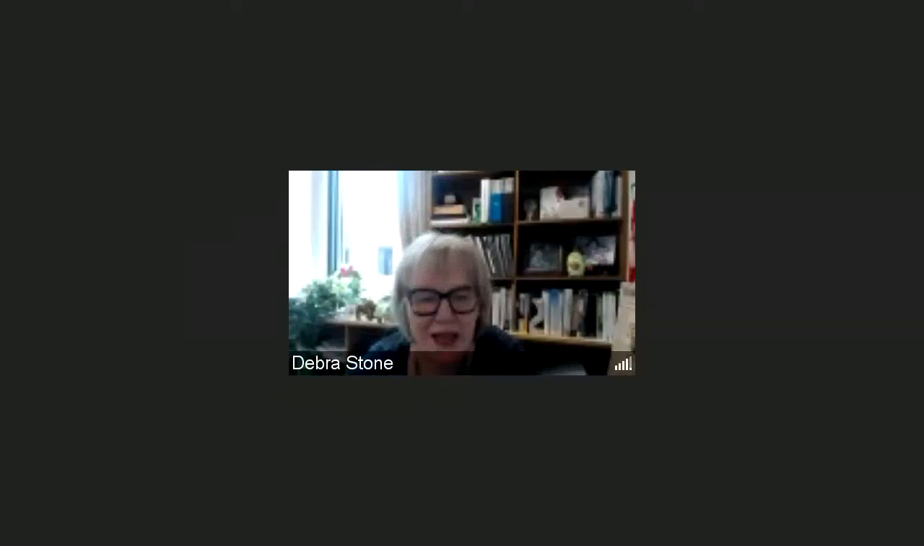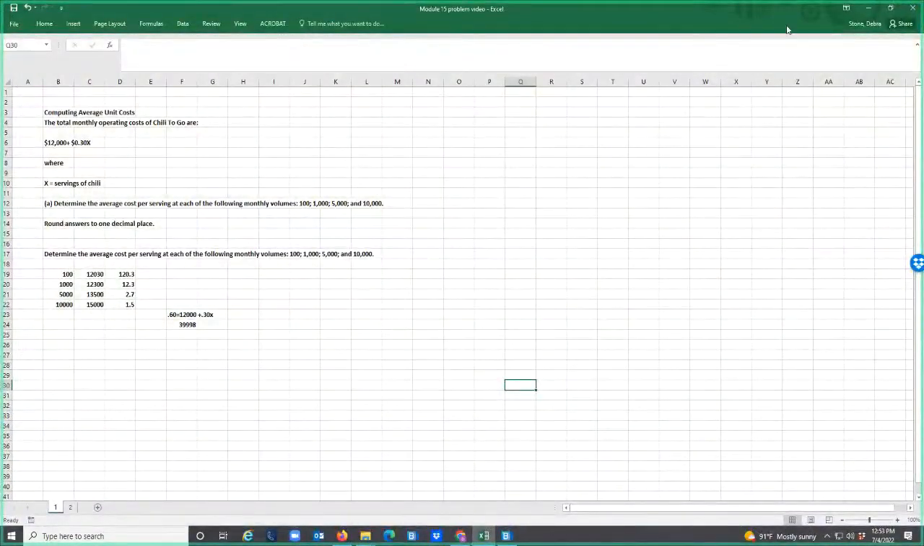Going to go ahead and look at this problem right here that I have up. This is the first problem on the module, and let's look at it. You're computing average unit cost, the total monthly operating cost of Chili To Go, and they give you 12,000 plus